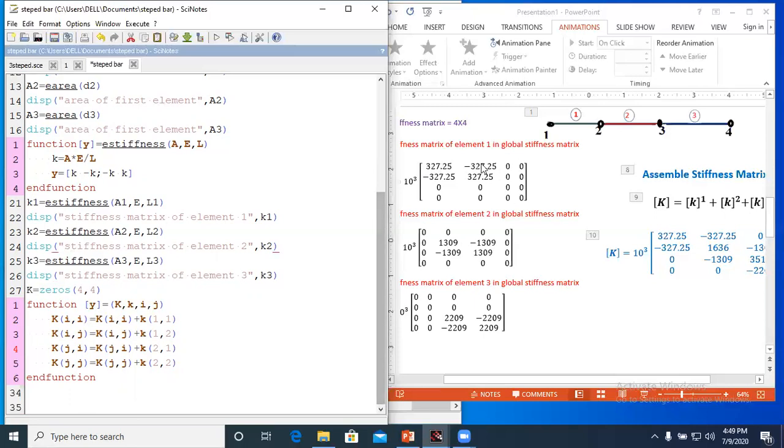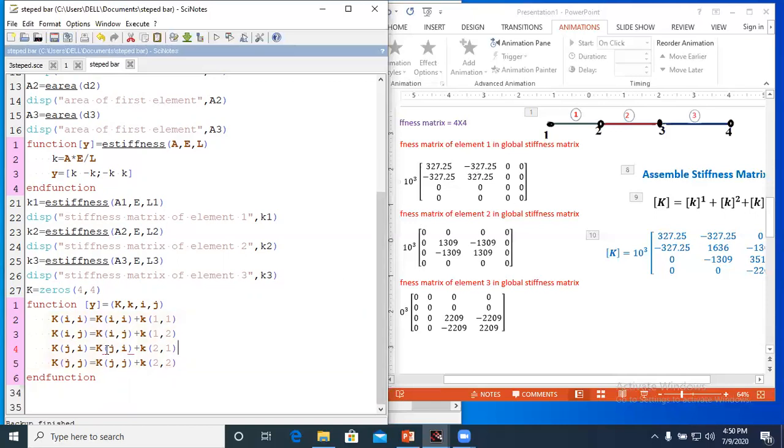Now for the second term, I have here K(i,j). This is again 0, because it is the k12, the second element in the 0 matrix. That is 0 plus k12. k12 is the term in the first row and second column of the stiffness matrix of the first element.